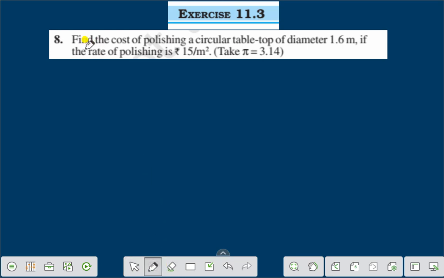Question number 8 is: find the cost of polishing a circular tabletop of diameter 1.6 meter if the rate of polishing is rupees 15 per meter square. Take pi is equal to 3.14. Right? It is given that